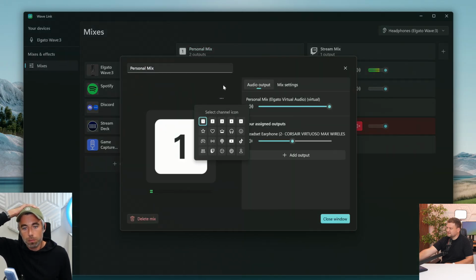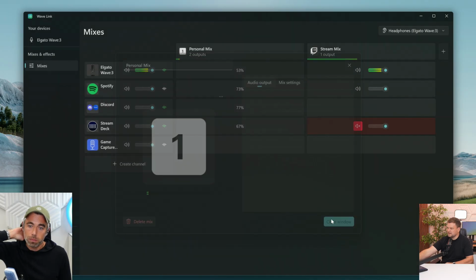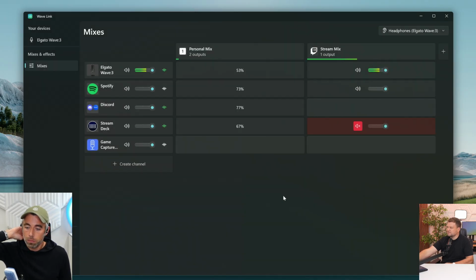You can change the icon, you can change the name, basically everything to really customize this to make you more efficient when you're broadcasting, when you're recording, doing a podcast, whatever it might be. All right, I think